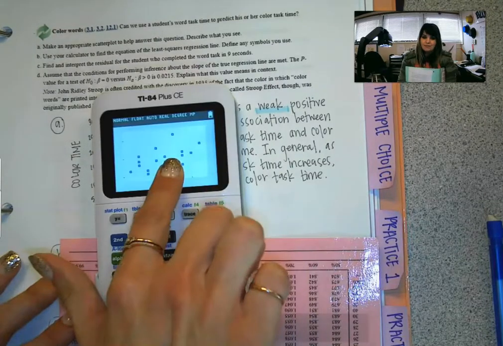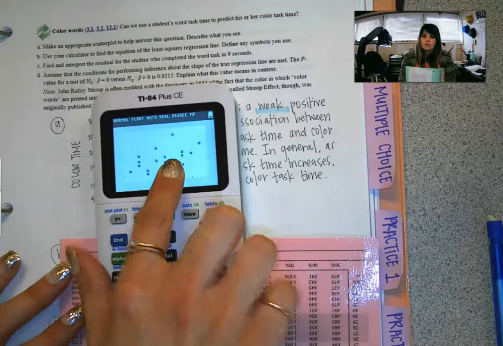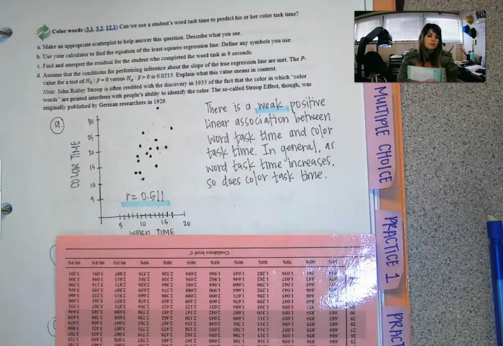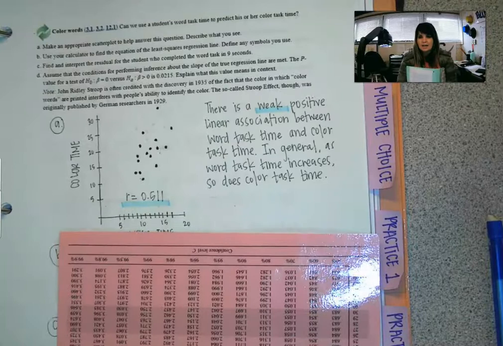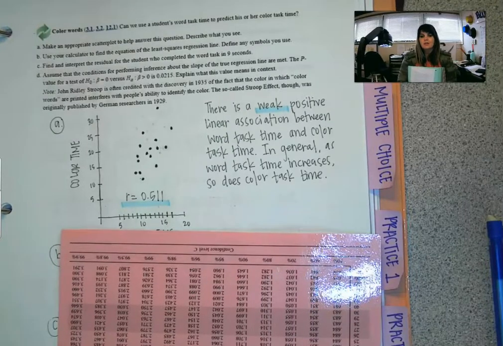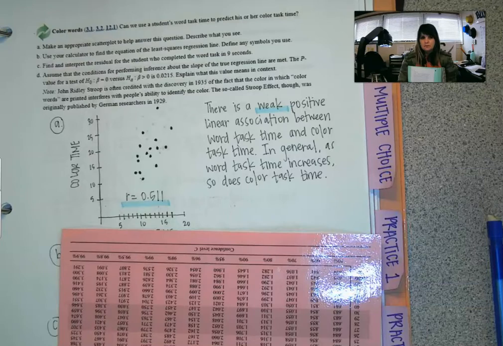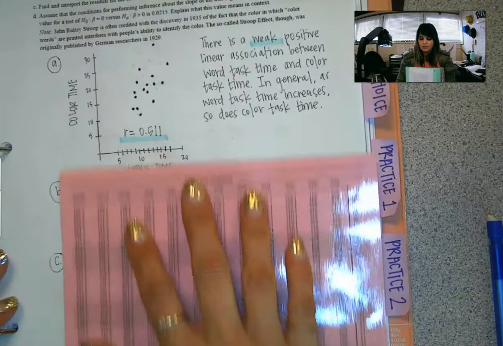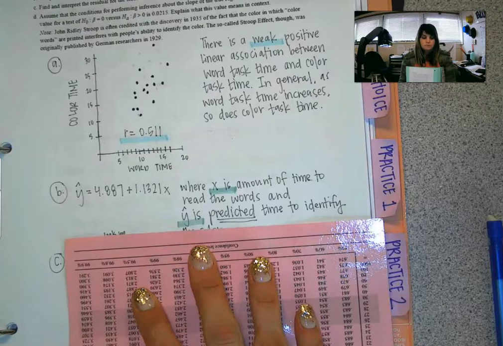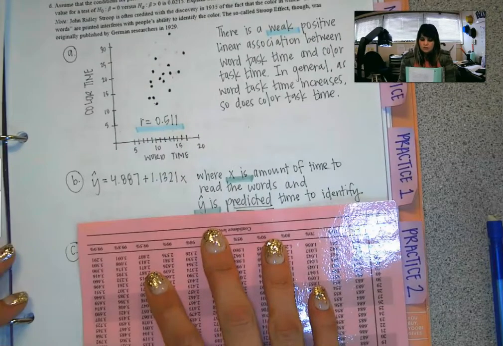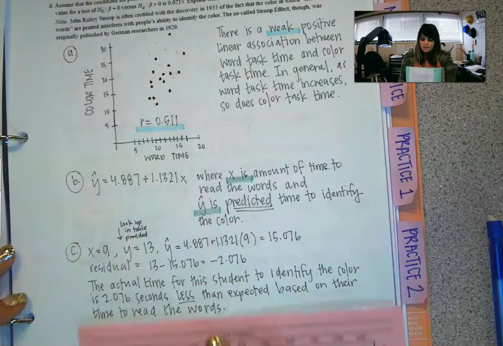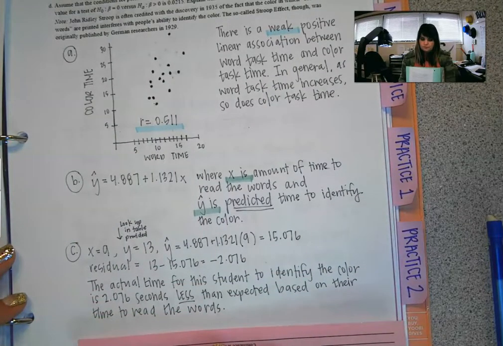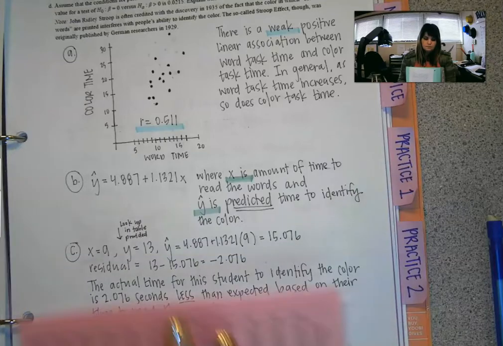This is definitely weak association. So there is a weak positive linear association between word task time and color task time. In general, as word task time increases, so does color task time. B, find the least squares regression line. C, find and interpret the residual. D,